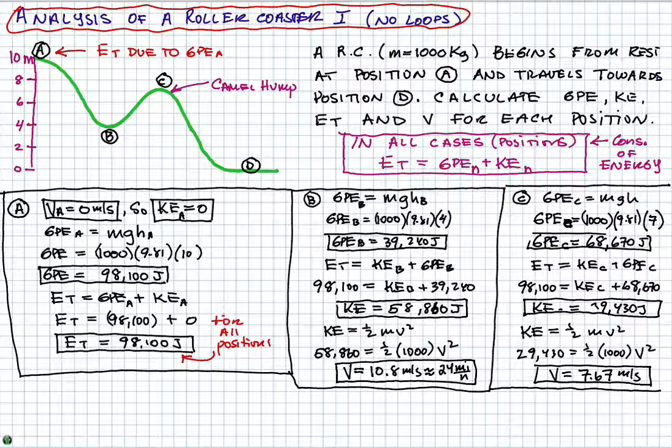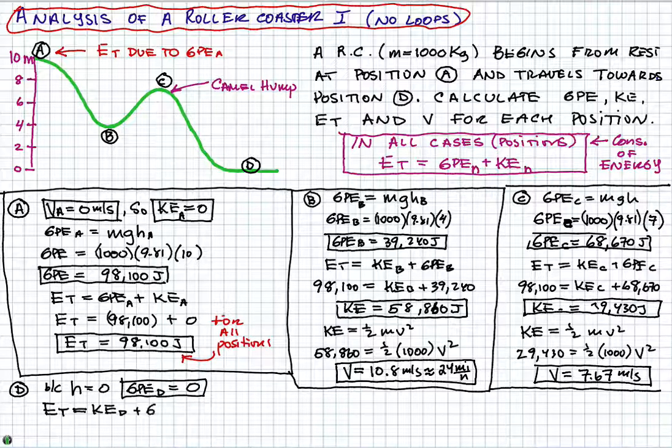And I guess for D, let's squeeze it in down here. Now for D, because H is equal to 0, I know that GPE at position D is going to be equal to 0. So that was easy. And that means that the energy is going to be equal to